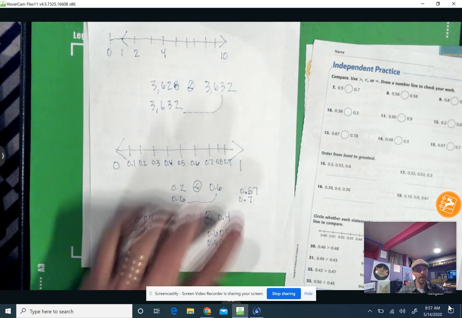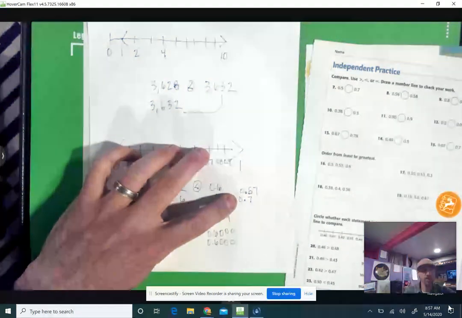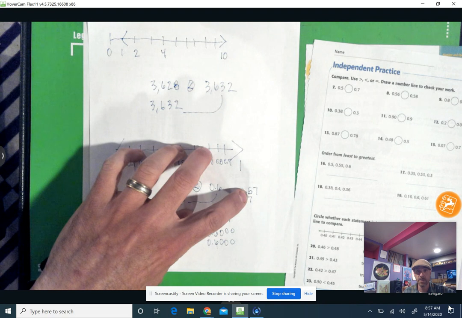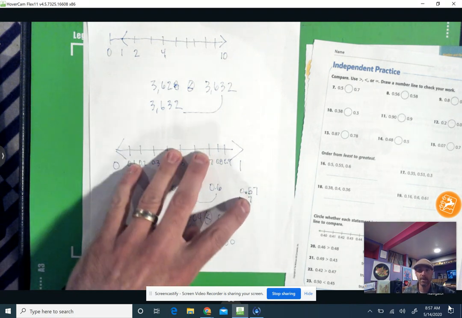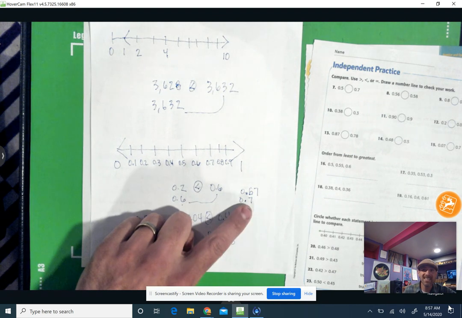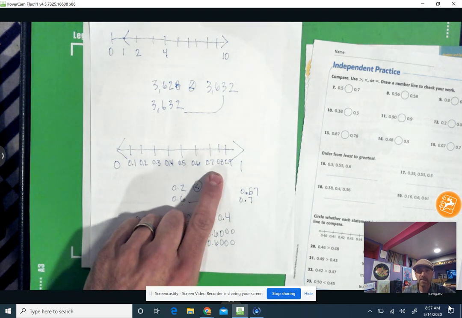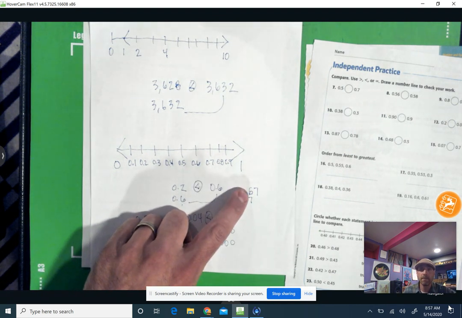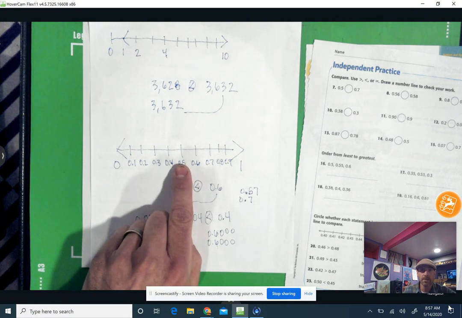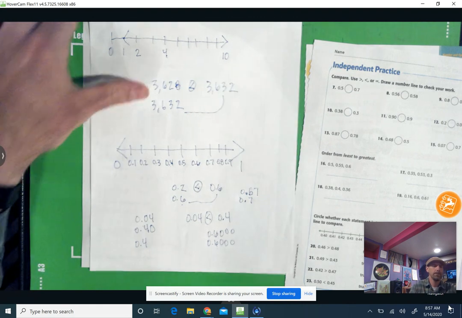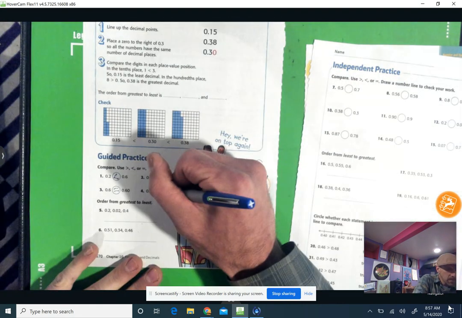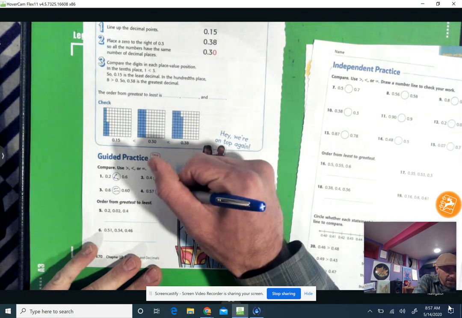We can't use the ones place to compare these two numbers, but the first place value position that we come to that has different digits is the tenths place. That 7 is greater. 7/10, here it is on the number line, is greater than 57/100, which sits somewhere just before the 6/10. Okay? 57/100 is less than